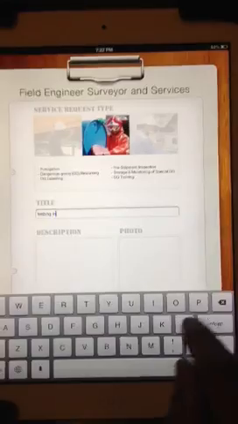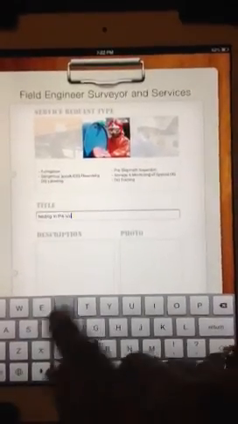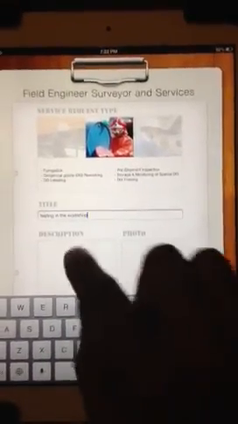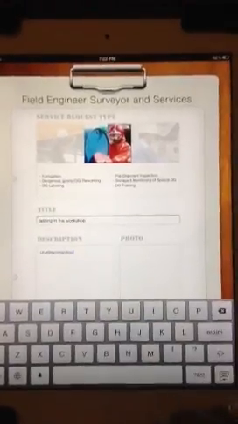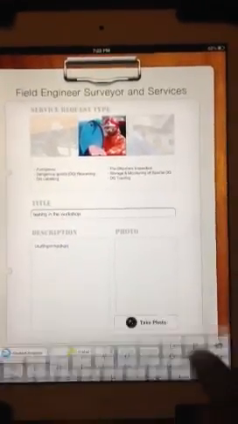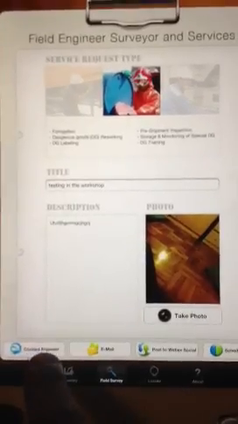in the workshop. And while I'm doing this and writing some description, I also have a choice to take a photograph. Let's say if there is a leakage in the plant somewhere, I can click this and take a photo. Maybe there's a big crack. I can use this video or this picture, and I can email it to the person. I can send it to the contact engineer who is responsible for this particular service, or I can